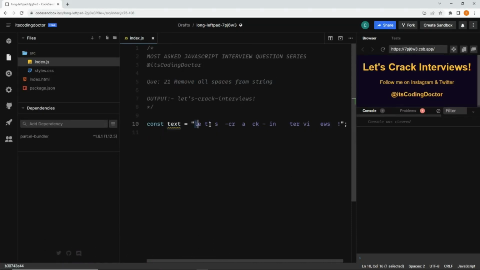We need to remove all the spaces from the given string and this is the expected output. We are going to solve this problem in 4 different ways, and before I implement the solution, I got a